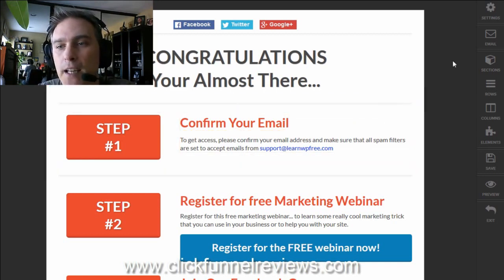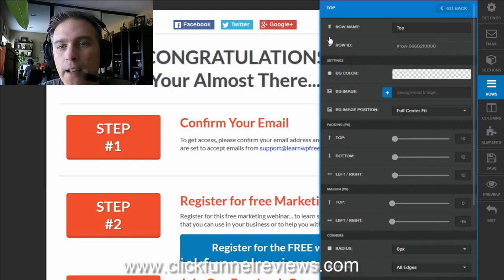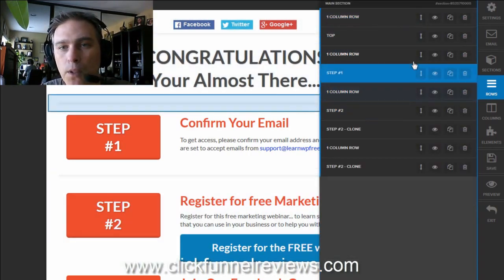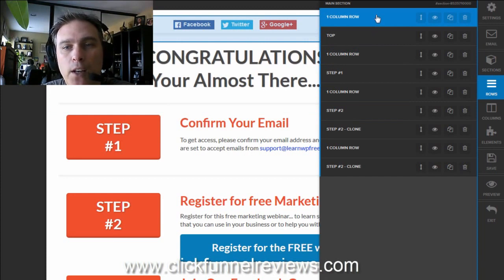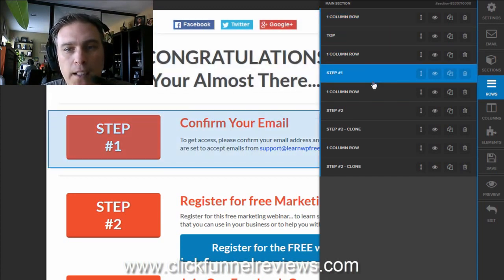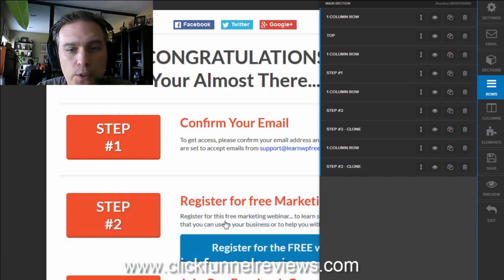Now you can name your rows whatever you want. Okay, so you can go here and actually name your row whatever you want, so that way, if you wanted to make it easily identifiable, you'd be able to tell. But as you can see, as I hover over each row, it literally shows me what is in each of those rows. So I can see that this particular row that happens to be named step 2 includes this section